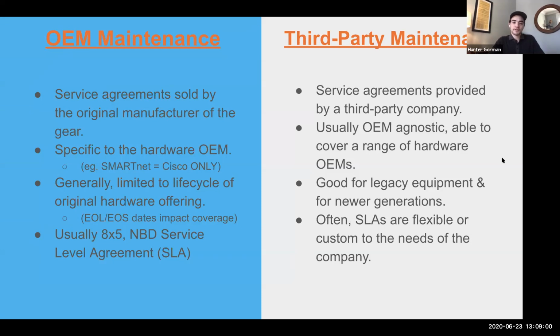And then the last point there, often SLAs are a little more flexible, and tailor-made to you with some OEMs. Specific to OneCall, we always tailor-make SLAs to our customers. The reason for that is that third-party maintainers are not bound by the same set of laws and physics, if you will, that OEMs set for themselves. So you can get a little more creative with third-party maintenance. We'll talk about the differences, when OEM maintenance is a good fit, when third-party maintenance is a good fit, and sometimes why it's a good idea to use both.